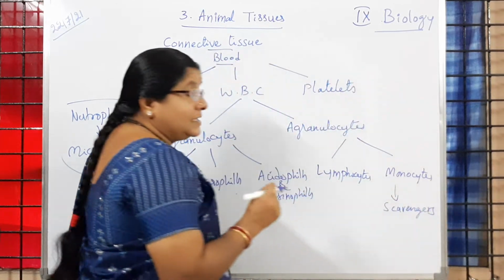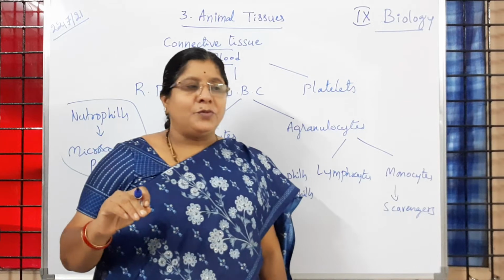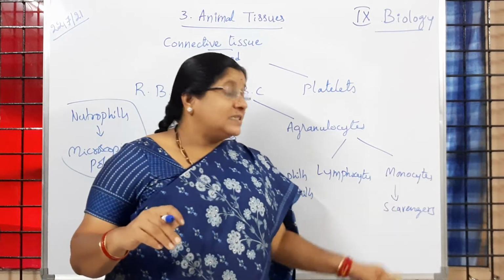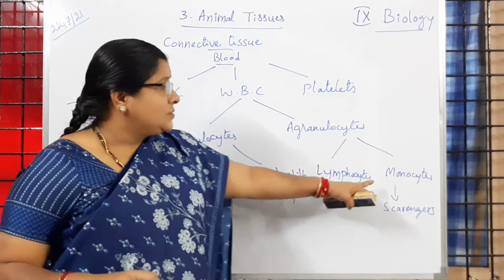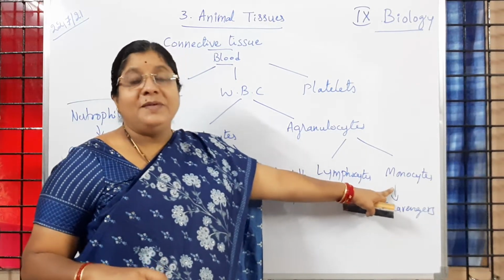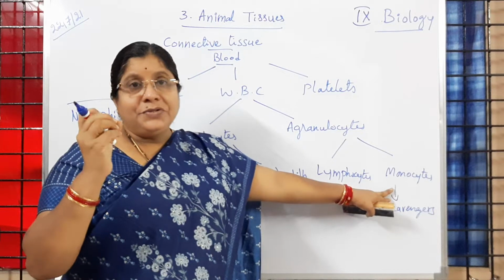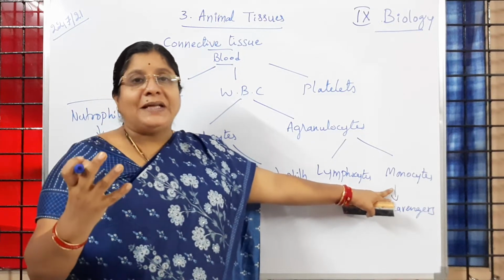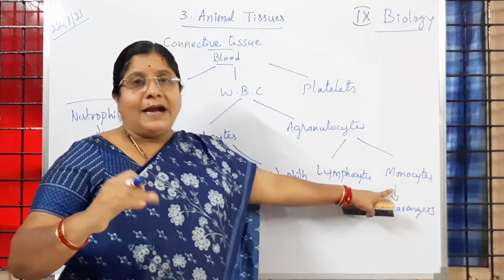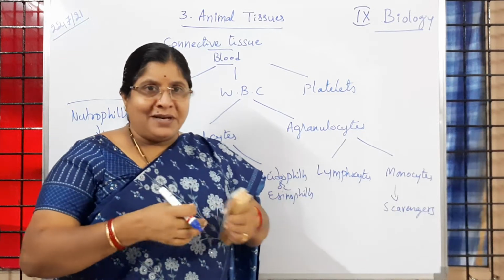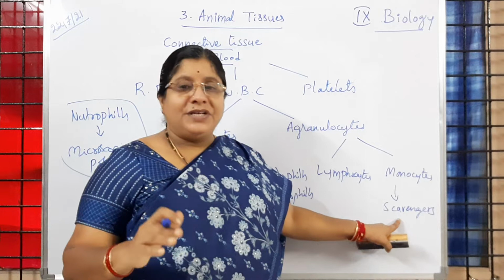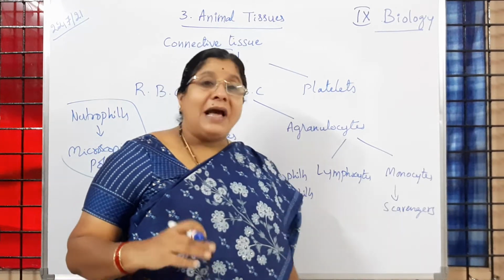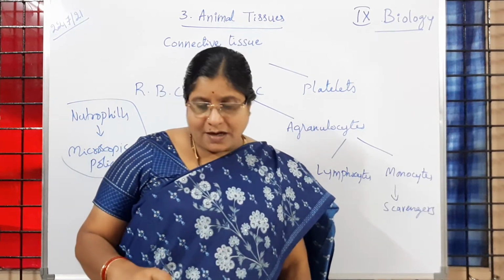So that's why these monocytes are called scavengers. For bits you will get, children, microscopic policemen of our body or scavengers of our body; like that you will be given a question. Is it clear to you? These monocytes move like an amoeba and catch hold of any pathogen which enters and attack it. Fighting goes on between those two, and finally they engulf and destroy them. In that way they act as the scavengers of our body.